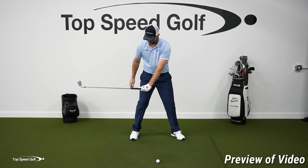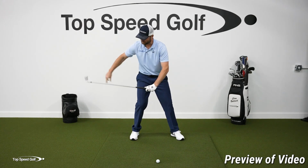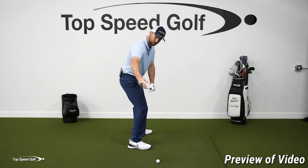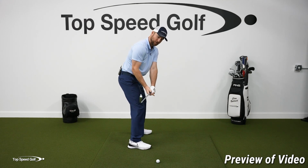Now, when I take my grip, you're going to notice that when I do this, the club face is basically straight up and down. So if I'm looking at it from this angle, you'll see the face is straight up and down, and the logo of my glove is pointed out in front of me. Now from there,